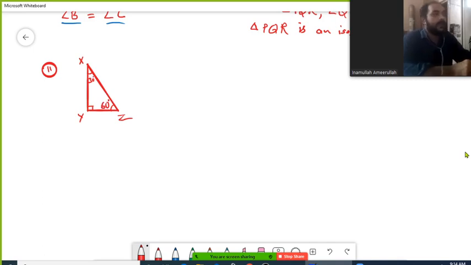So in triangle XYZ, one angle is 30, the other is 60, and the third angle is 90